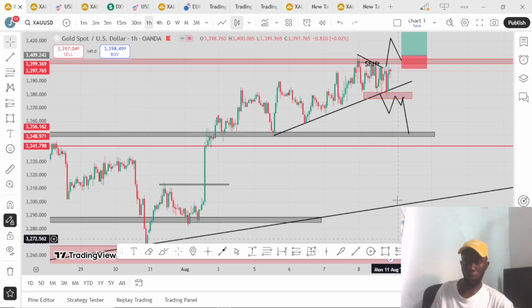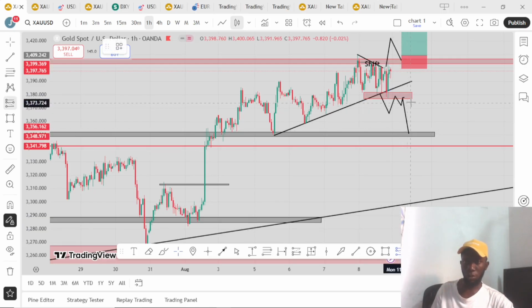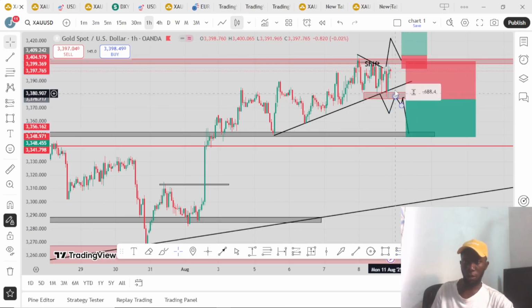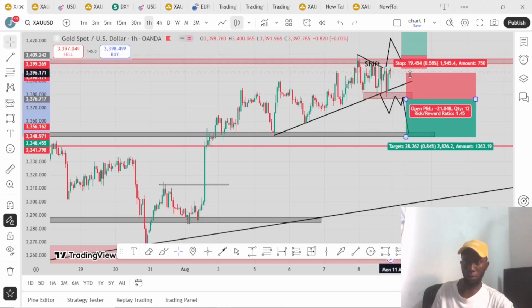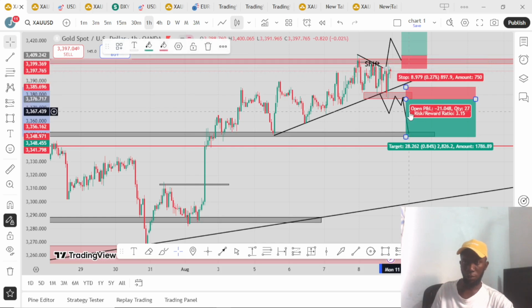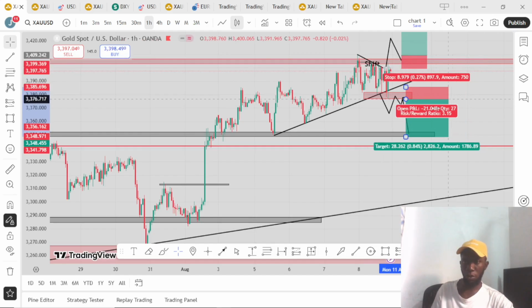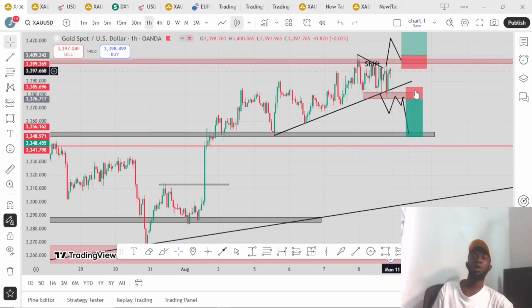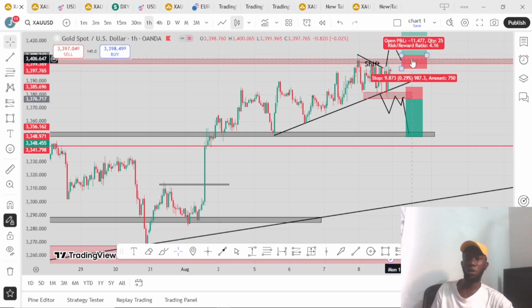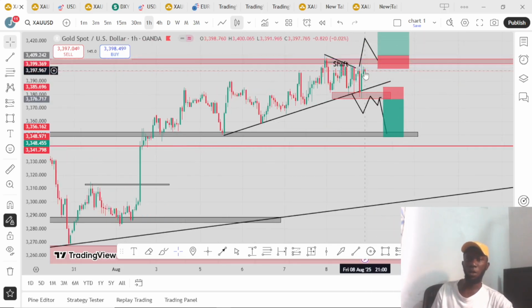Now these are the two forecasts that we will be watching on gold to see okay, this is what we are expecting from the guy. This is what we are expecting here. So now these are the two moves that I'm anticipating on gold. So one of the two, this is what I'm expecting on gold, because I'm not entering this